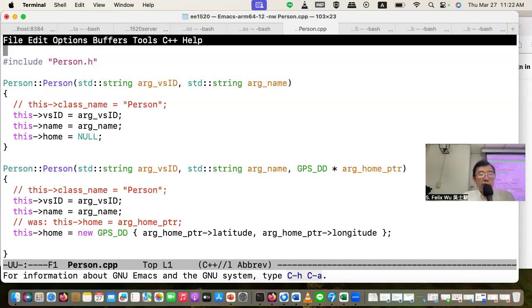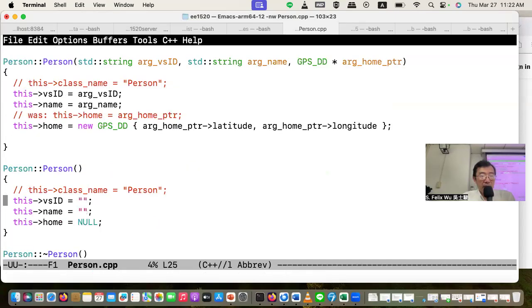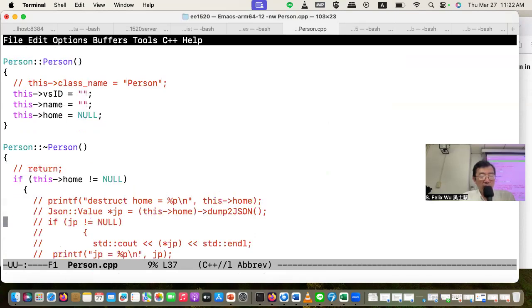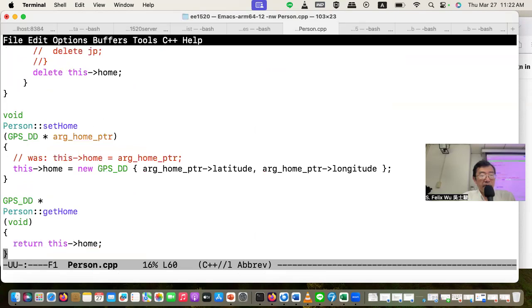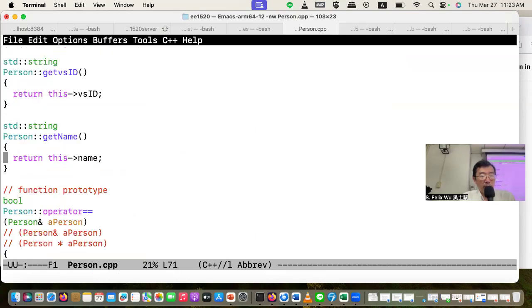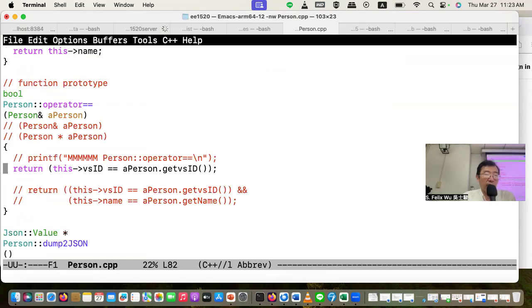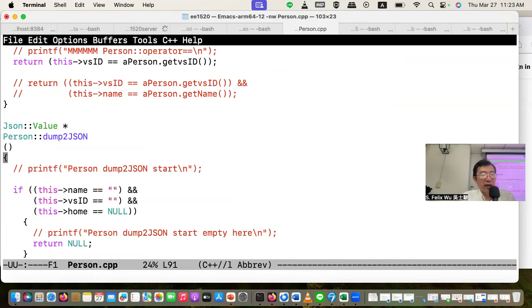Under person.cpp, there are the constructor, destructor, and member functions such as set home, get home, get VSID, get name. And then these two are what we call operator overloading. And then you actually see this called dump to JSON. You see, this is the same function signature. We have a class name, and then the function name called dump to JSON, and the return is JSON value star. And then the input argument is nothing. So this matches that very well.